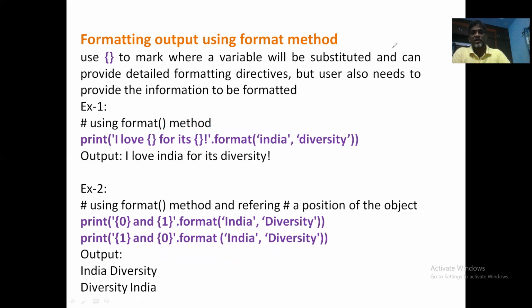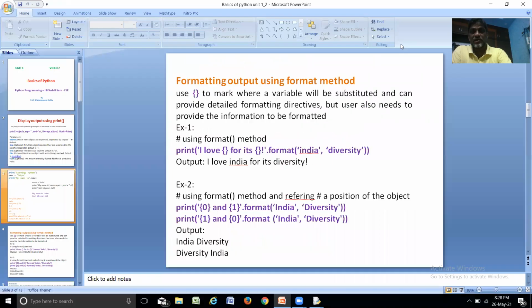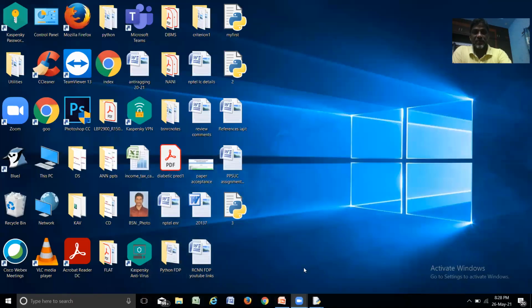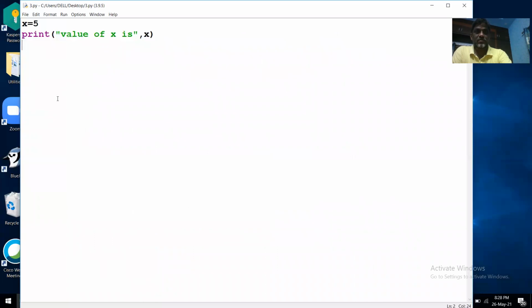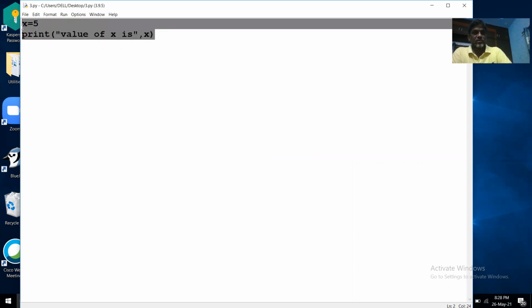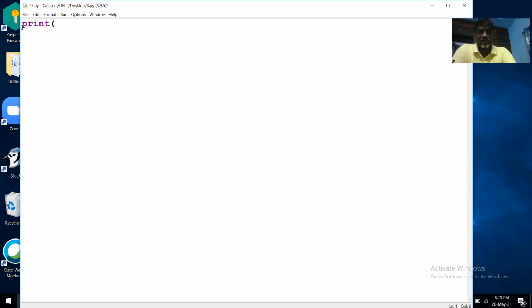So let us have a look at this format method with our IDLE. Let me use the print function, print 0 and 1 dot format.